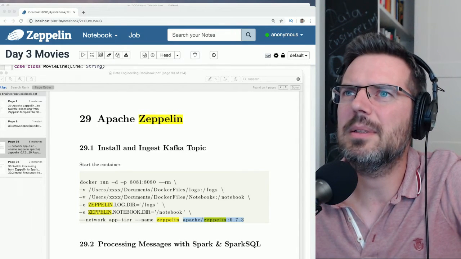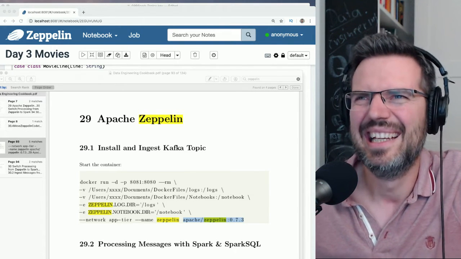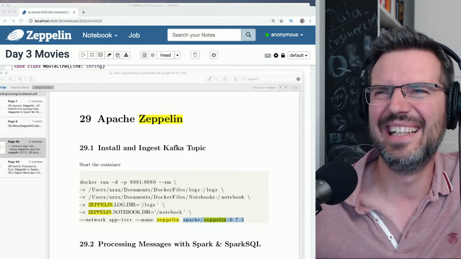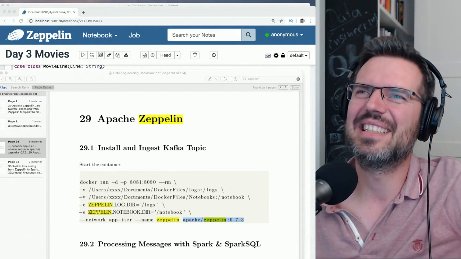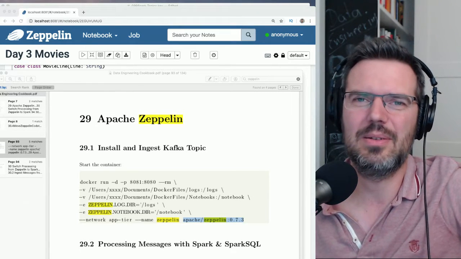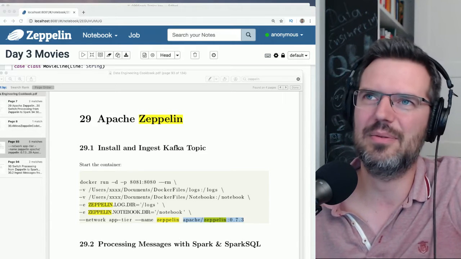Some questions. Zeppelin is super cool until it hangs on production cluster. Yeah, right. I'm guessing. Yeah, Zeppelin is used to deploy Spark applications. This is basically a front end for Spark.